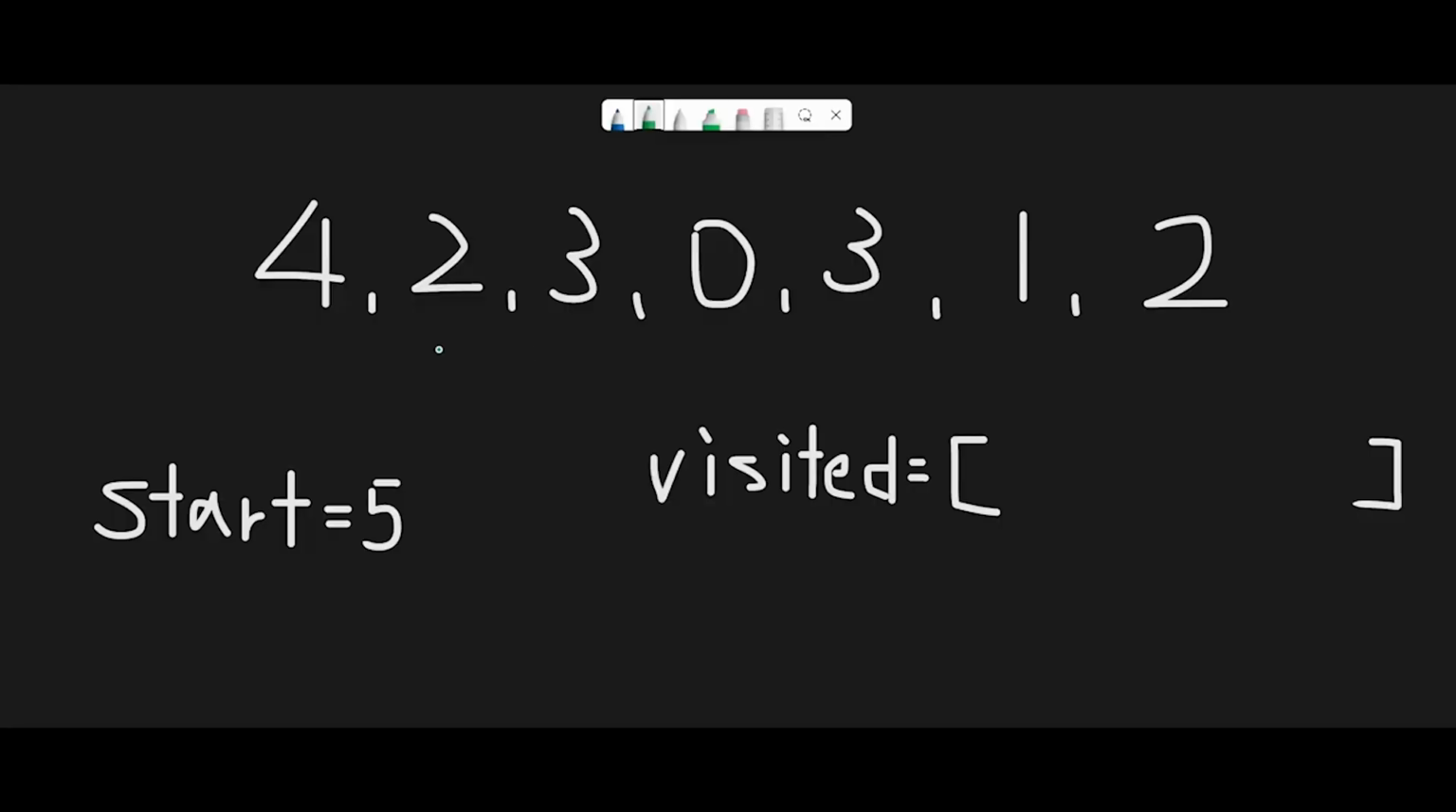Okay, so let me explain with this example. Like 4, 2, 3, 0, 3, 1, 2, and the start is index 5. Actually, I solved Jump Game and Jump Game 2 with dynamic programming. So at first, when I read this question, I thought we could solve it with dynamic programming, but